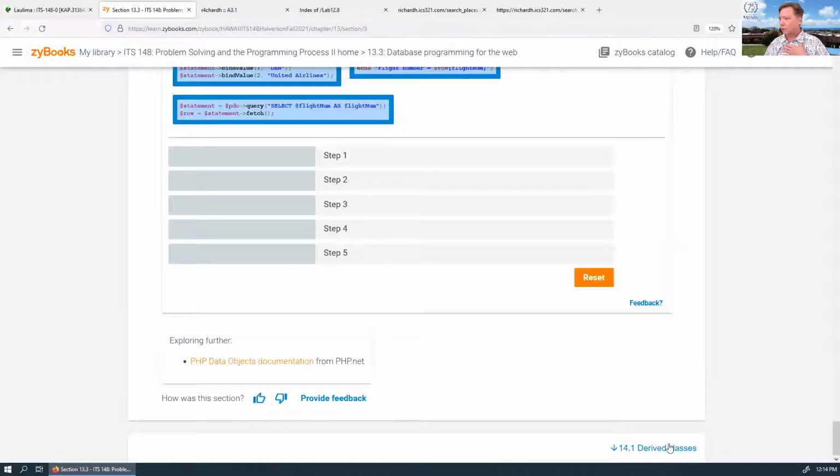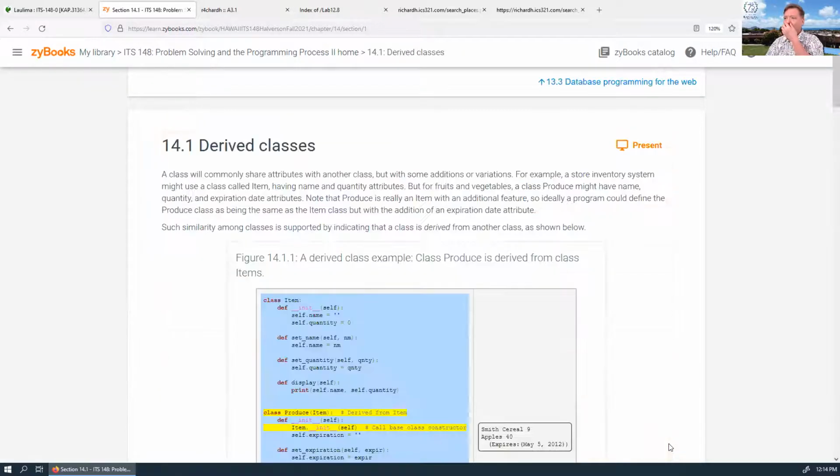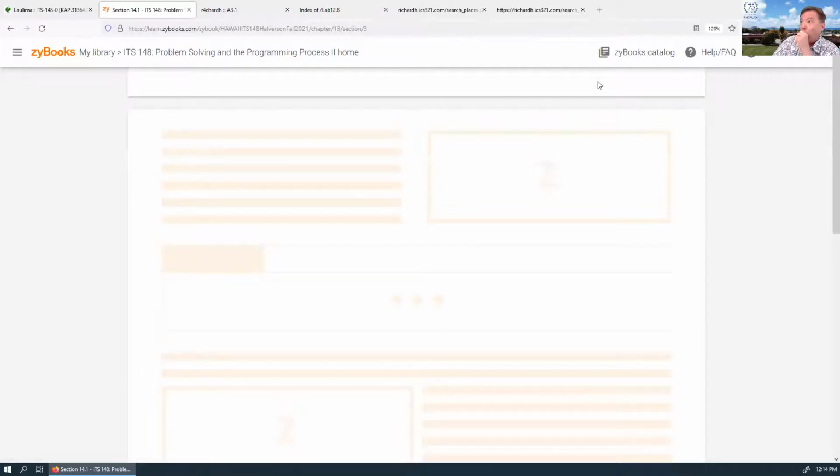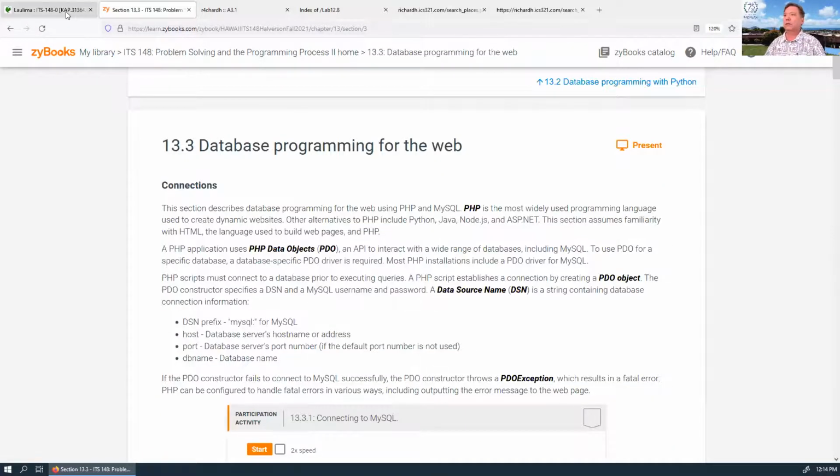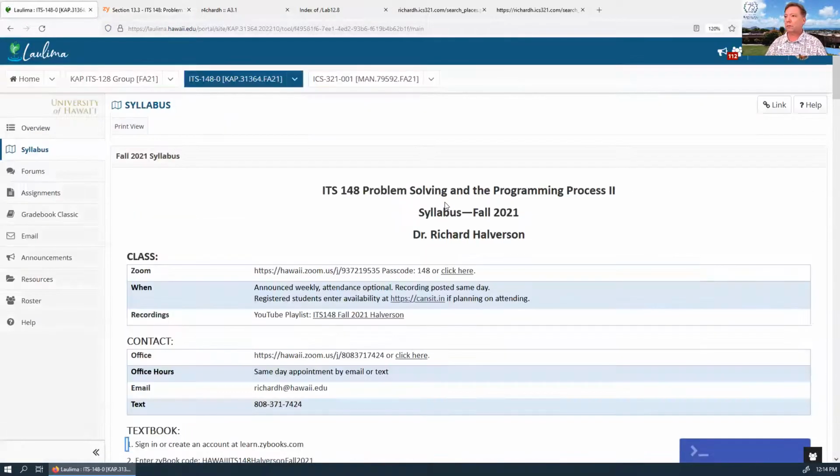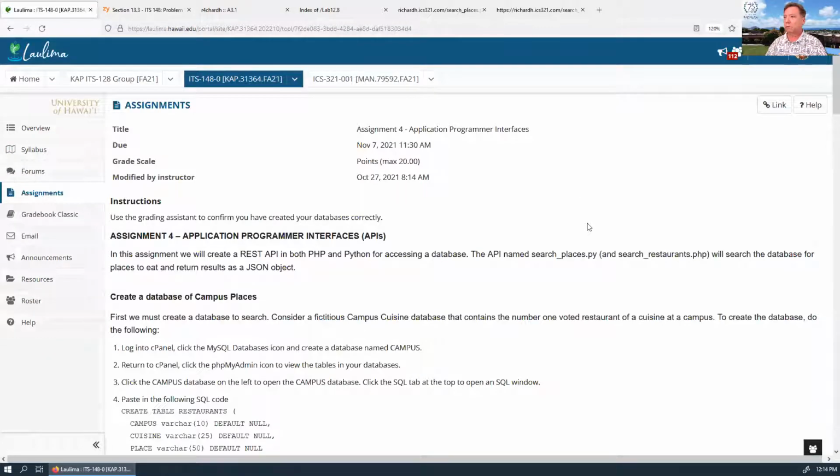So what's next? Oh, this is chapter 14. Okay, so let's start doing this assignment. Assignment 4, Application programmer interfaces. In this assignment, we will create a REST